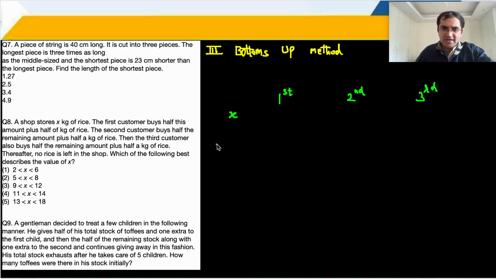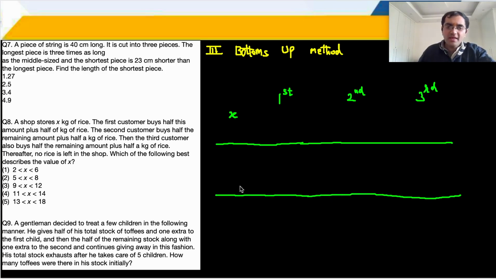Then let's say that यहाँ पे अब आपने first customer को दे दिया and यहाँ पे आपने second customer को दे दिया. ठीक है. So after giving to the second customer, let's say y kg बचा है. Let me define this also. Y kg left after